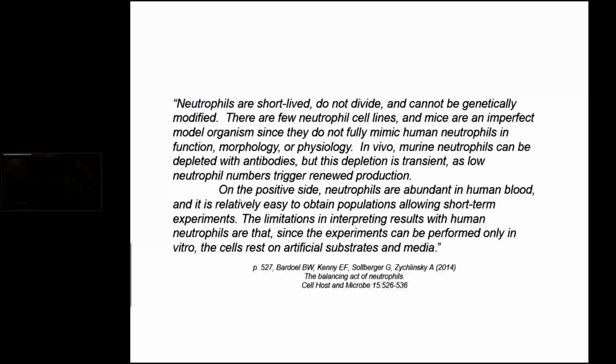Here's a quote from Arturo's lab a couple of years ago summarizing the problems in dealing with human cells, apart from the fact you can't get 100 neutrophils that are all alive in one place. But neutrophils are short-lived, they don't divide, they can't be genetically modified, there are few cell lines, mice are an imperfect model since they do not mimic human neutrophils in function, morphology, or physiology. In vivo, murine neutrophils can be depleted with antibodies, but this is transient as low neutrophil numbers trigger renewed production. On the positive side, neutrophils are abundant in human blood. It's relatively easy to obtain populations allowing short-term experiments. The limitations are that since the experiments can be performed only in vitro, the cells rest on artificial substrates and